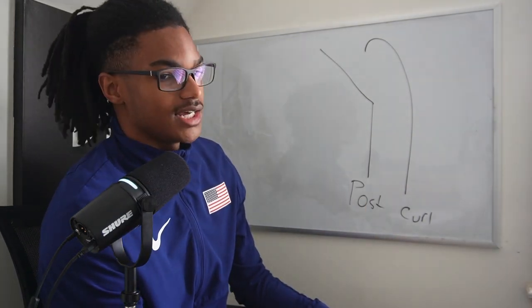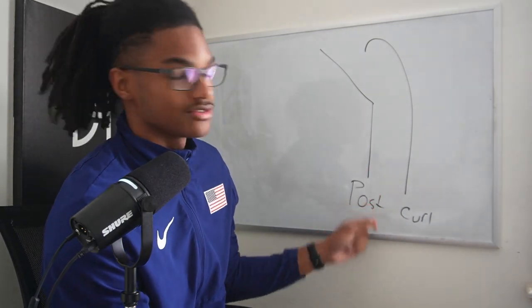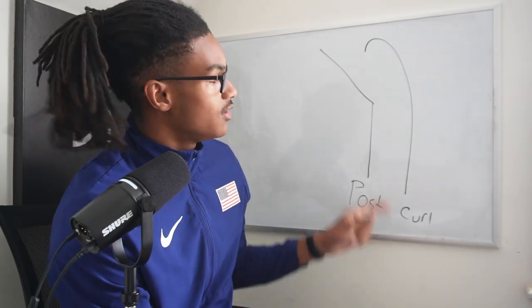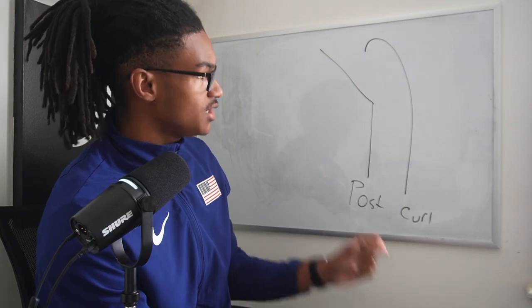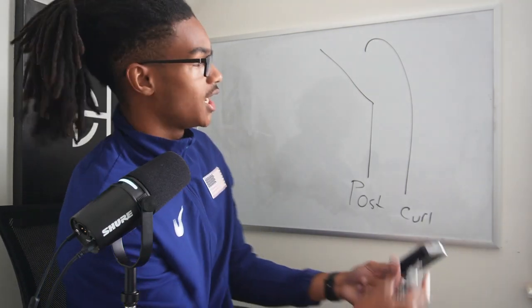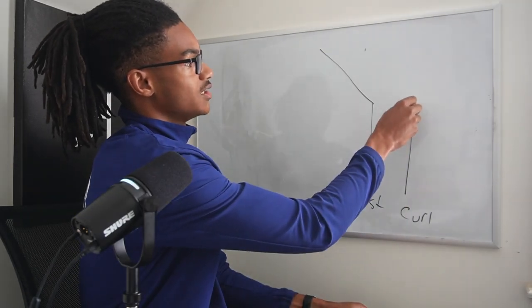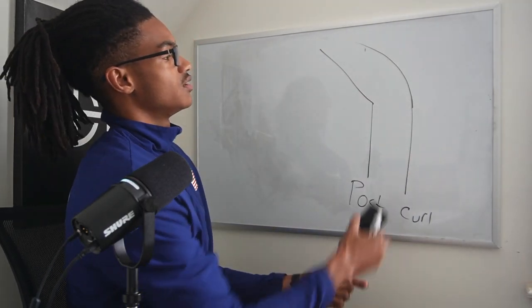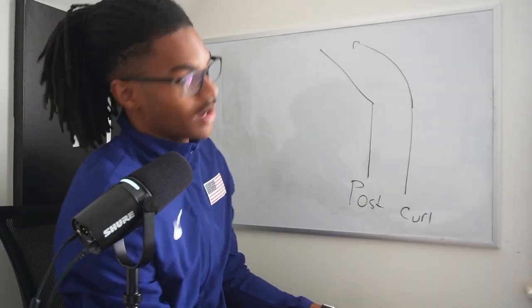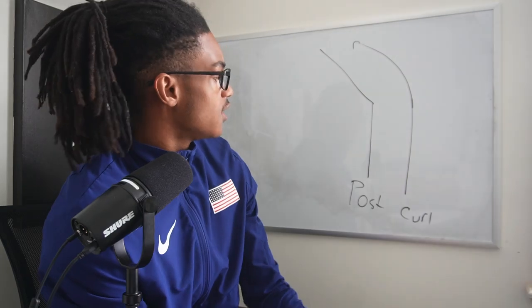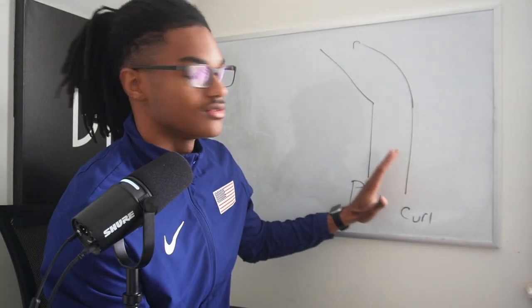Now I want you to understand that a lot of high jumpers run these two types of routes in their approach, right? High jumpers that run the post route usually get a different kind of result than a high jumper who runs more of a curve. And I'm going to draw this curve more like a high jump approach curve. That's what we want it to be. In football, they would turn around right here to catch the ball. So when we're thinking high jump, and we think about the different kind of result that we're going to get here,